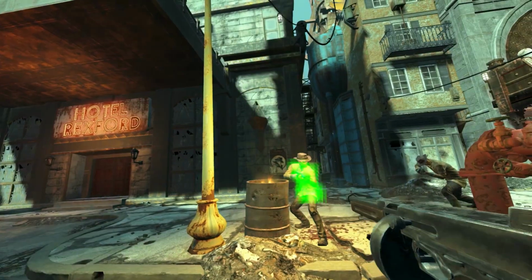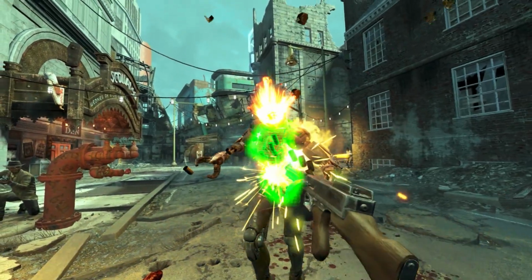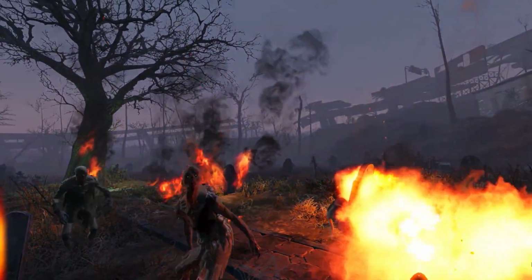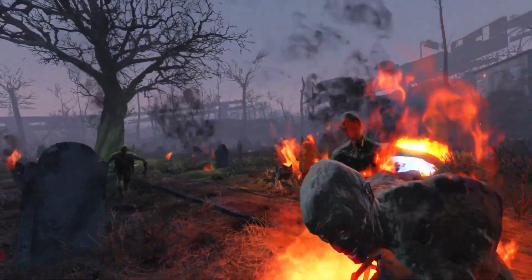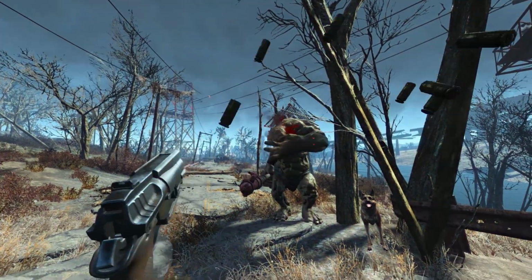Okay, you guys at this stage pretty much know my thoughts on Fallout 4. I like the game. I know it's polarizing, but I like the game. And does a VR version of Fallout 4 sound like it would be cool to dabble in? Absolutely. But for me, it's just not enough. It's not enough of a game for me to purchase an HTC Vive, which even with the recent price reductions